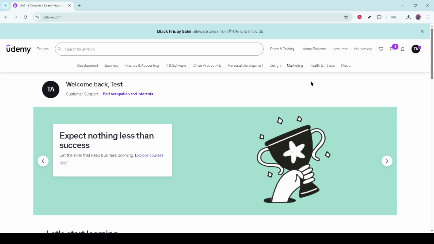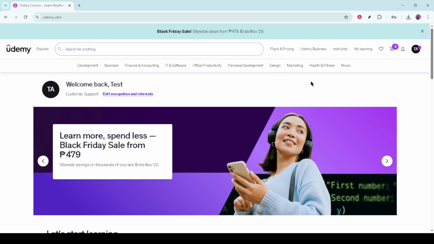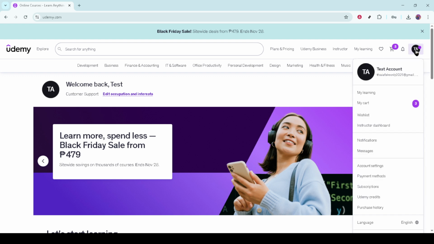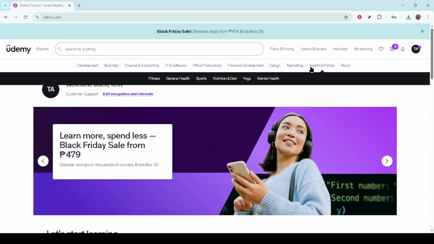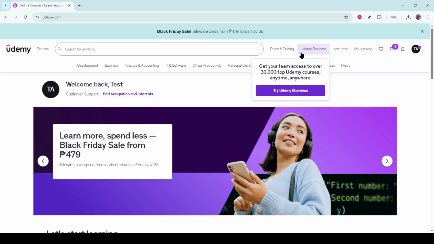Let's get started. First, go ahead and log in to your Udemy account. If you're not already a member, you'll need to create an account and take advantage of the wide variety of courses offered. Once you're logged in, navigate around and select a course that interests you. Add this course to your cart, as this will be important later on in the process. Just click on the Add to Cart button visible on the course page.